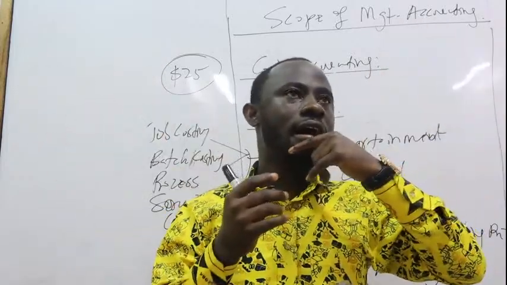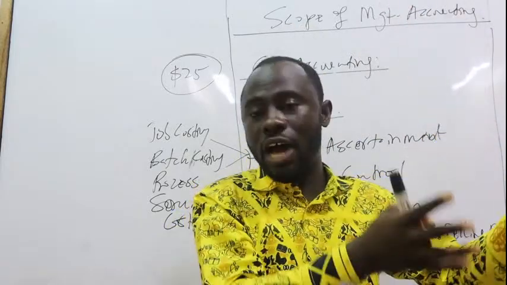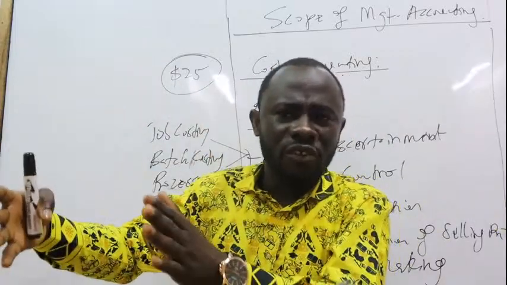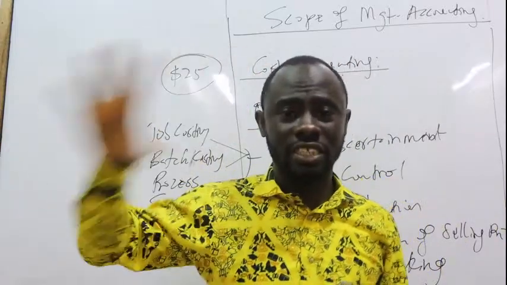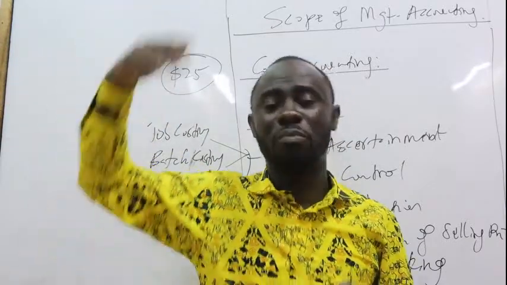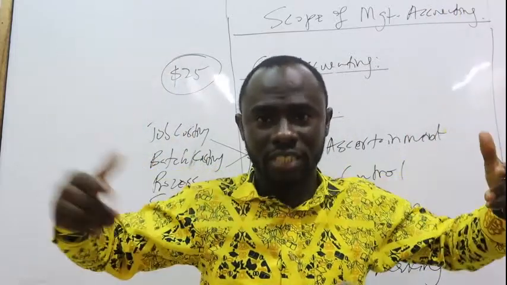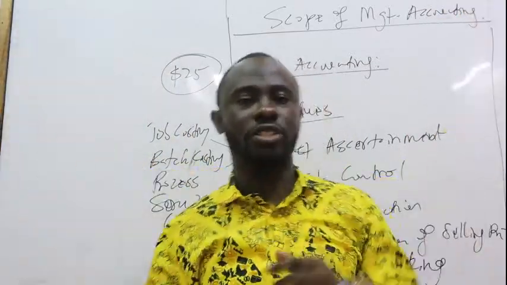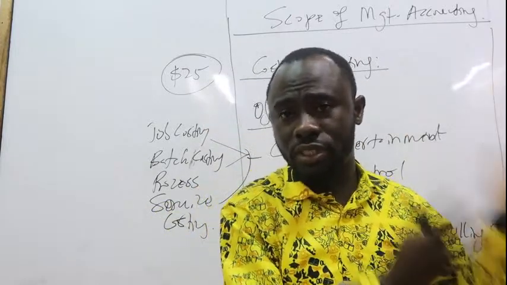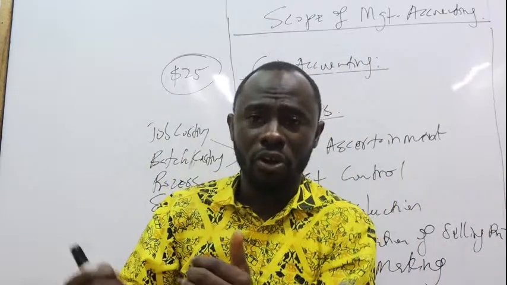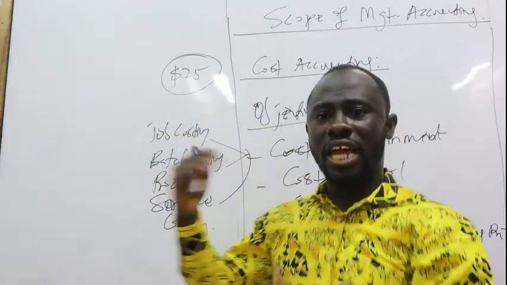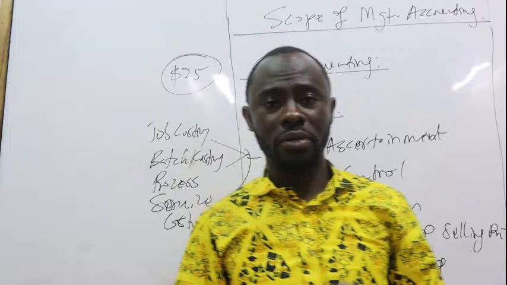Number one, there are no laid down procedures for cost accounting statements. However, with financial reporting statements, there is a generally accepted format for the preparation. For the income statement, for the statement of financial position, there is a generally accepted format based on IPSAS 1 for their preparation. Two, usually, management accounting is for internal purposes, management purposes, but the financial reports are usually for what? External purposes. So they are both internal, management will be using that, and also for what? External purposes in that case.